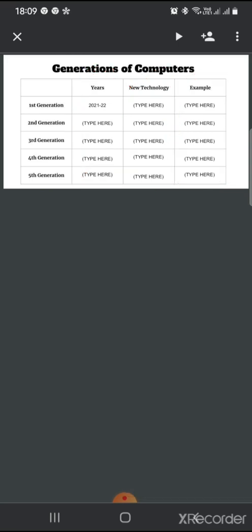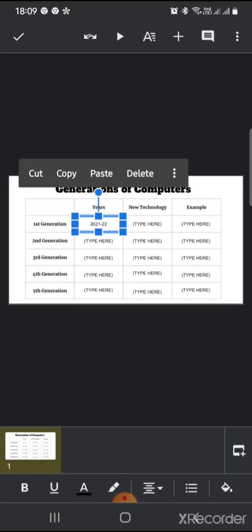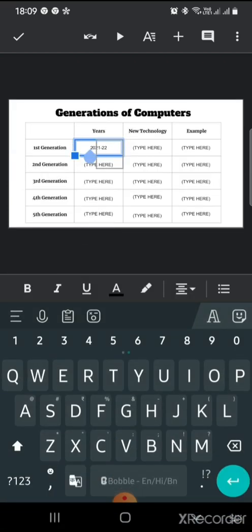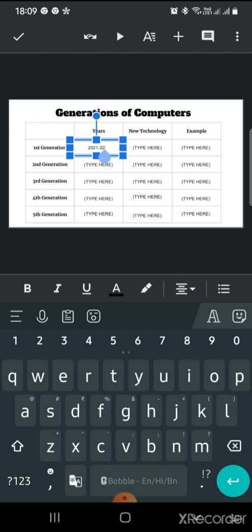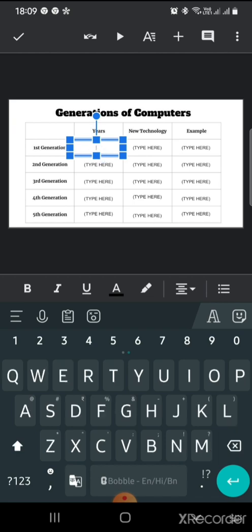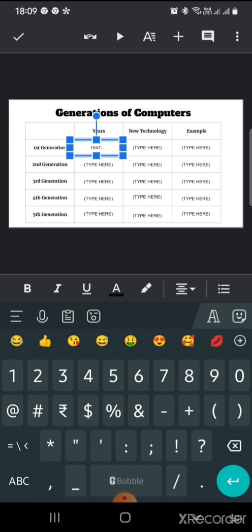Now how will you do that? You will just tap this file here and this button will come. It says edit slide. You just edit the slide and you will click each and every box. Now you see here I have clicked one box, and if I double click here, you see this editor button comes, and I can just change the date. Try and do that. You can just give, let's say, 1947 to, let's say, 1956. You can write whatever is the correct date.